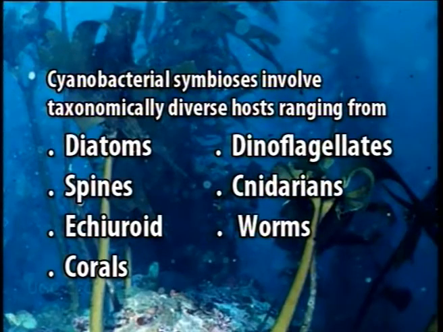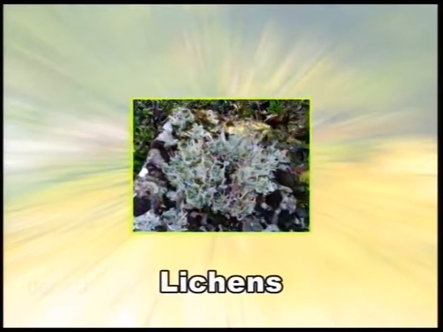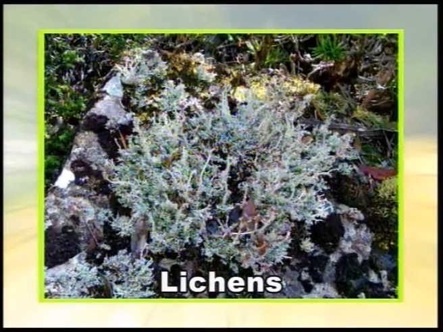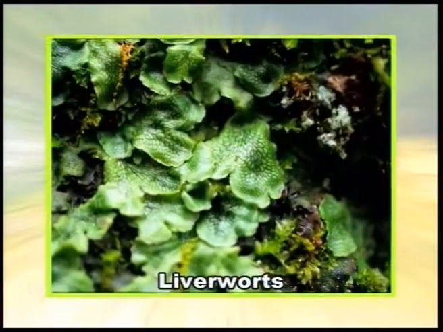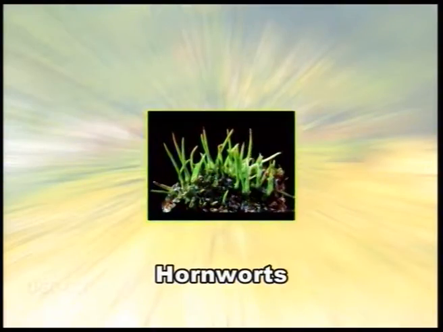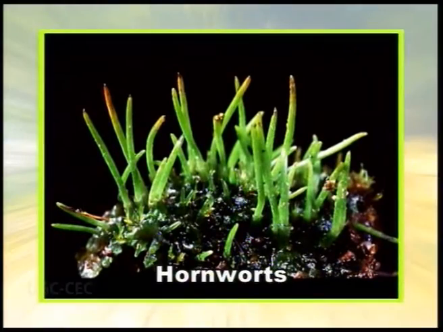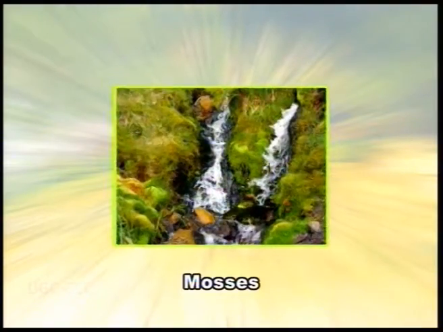These cyanobacterial symbioses involve taxonomically diverse hosts, ranging from some diatoms and dinoflagellates to sponges, cnidarians, ascidians, some worms, corals and so on. And this cyanobacterial symbiosis is found in many lichens and amongst bryophytes. You will find them in liverworts, in hornworts, in mosses,